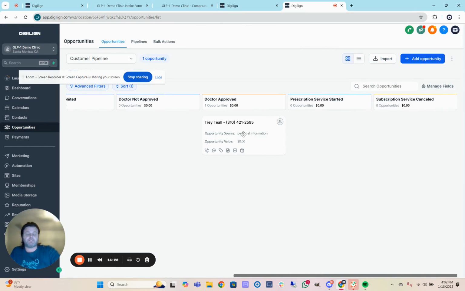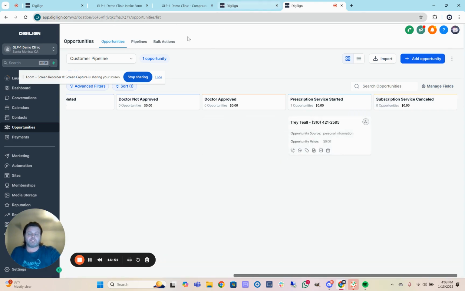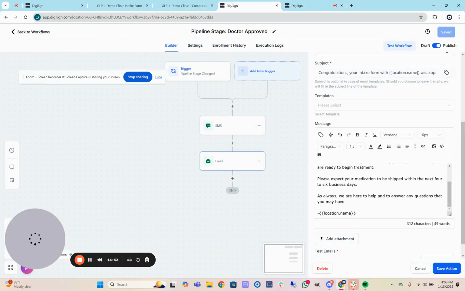it's up to you. This can be, for some folks, a pretty quick process where you just hop it over and then move it over. Some folks want to have that internal check to make sure that the prescription is actually shipped and everything's underway. So this right away, send them the message or wait until shipment. It's really up to your internal operational flow. Then prescription service started, and